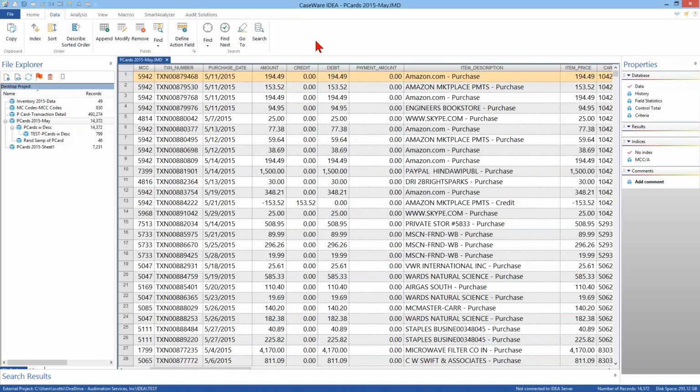functions. In IDEA speak, joining means I'm going to take a key value from one or more data sets, and based on that key value, I'm going to add data to a secondary database. So like you saw, my MCC, or my MC code, was my key value. That key value was what I joined the data sets on,